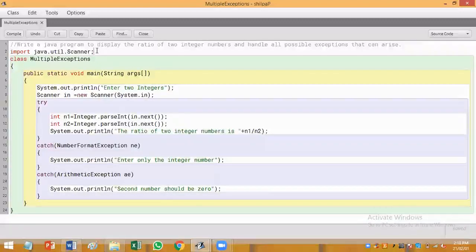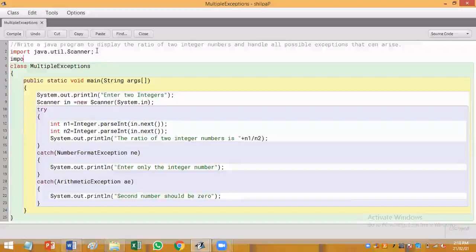Now we have to import a package related to that. So I'll write import java.lang. The root of all exception classes is the Exception class. So I've imported that package into my current program.